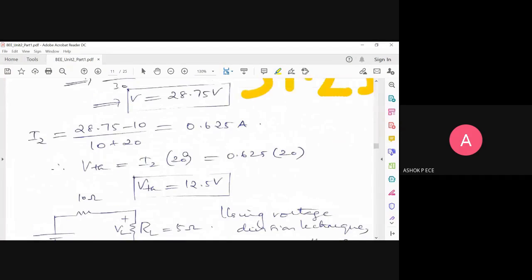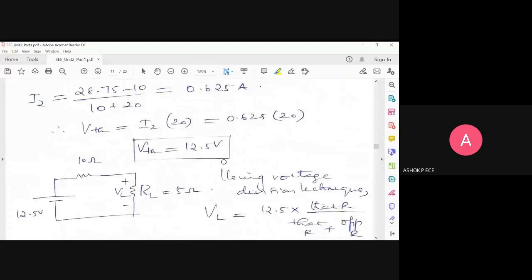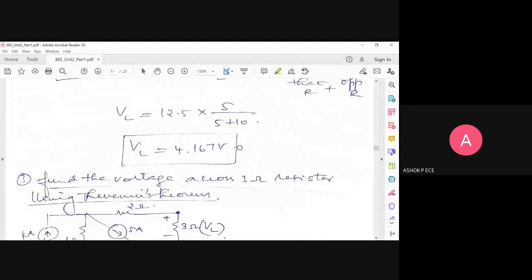So if you proceed with the value I got, the final answer, see, I get 4.167, which is wrong. And if you leave it like that, you will assume that what you get is correct and you will proceed with the next step. That's why I say cross check. So do the same problem using any other method and cross check. If I had done this problem using KCL and KVL, I would not have got this answer because I have made a mistake in the KCL loop. So that's why I'm saying please always cross check your answer.